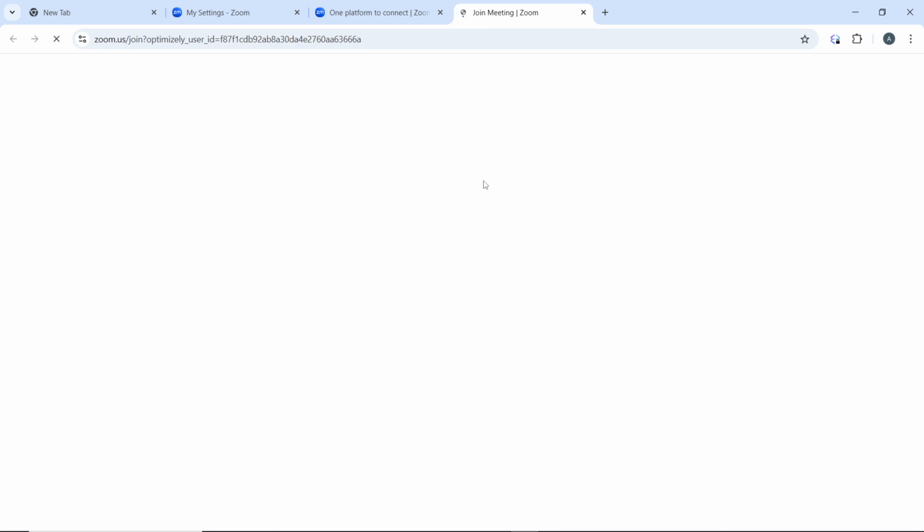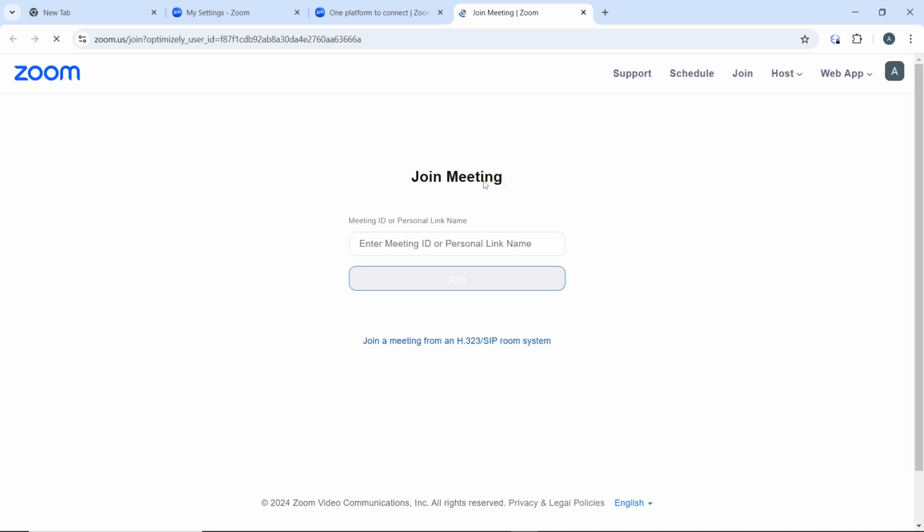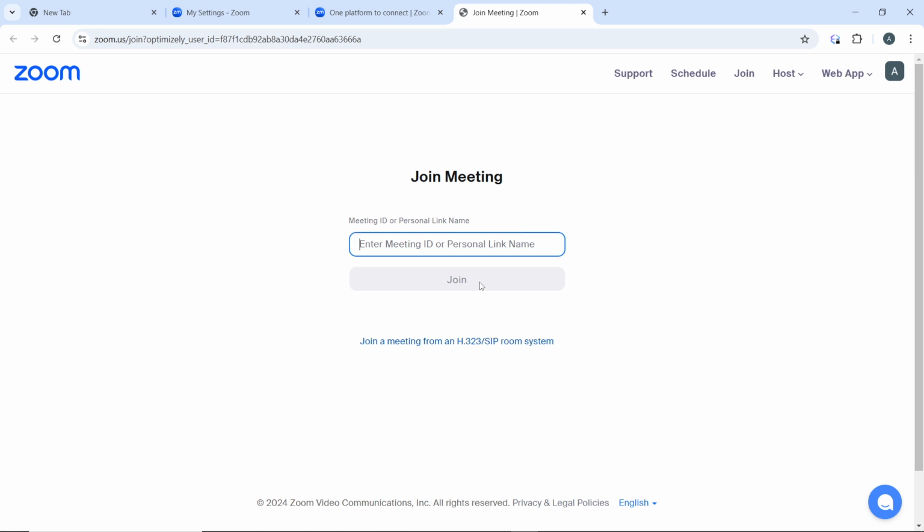it's going to take you to the next window where you will have to enter the meeting ID itself. So enter the meeting ID or personal link name in here, and once you've entered that, go ahead and click on join. So type in the meeting ID. The meeting ID is usually a 9 to 11 digit number, or the personal link name, which can be available, and click on join. Now, if you're prompted to open a desktop application, select the option join from your browser